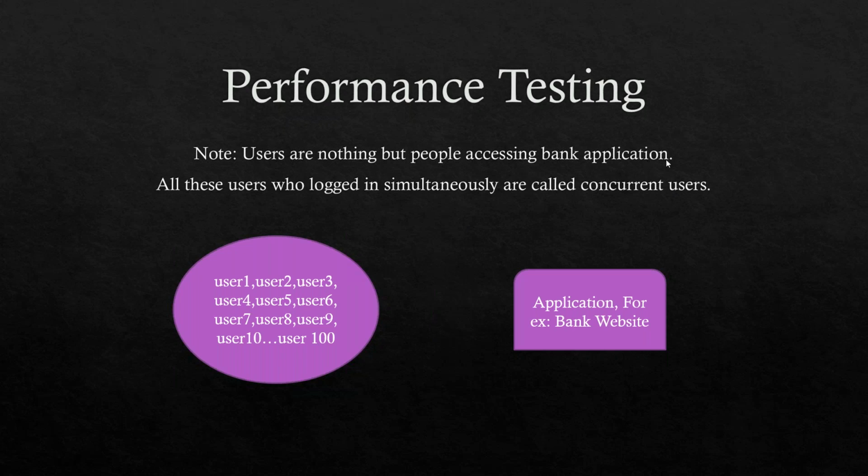Okay, now what does this mean? All those users logged in simultaneously. That means each of these users is performing some functionality. For example, some of the users might be on the login page, some might be on the credit card payment page, some might be transferring some amount to another person, some might be changing their account information, and some might be doing logout activities. So each one of them is doing certain activities.